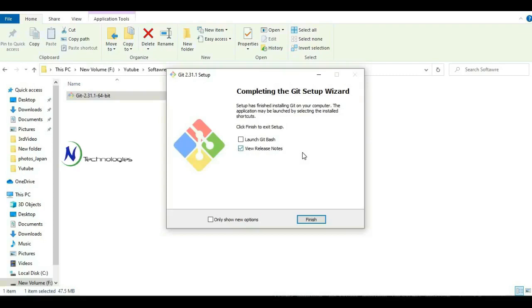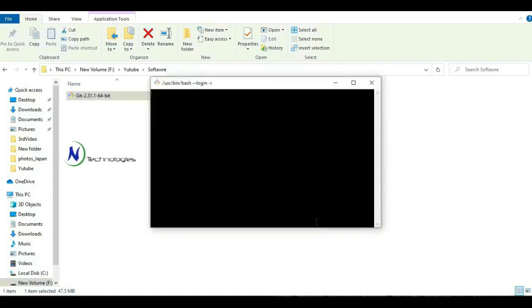Installation is completed. We can click on launch Git Bash and finish. Okay, so our Git Bash window is launched now.